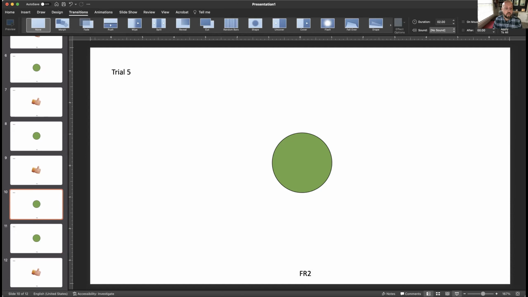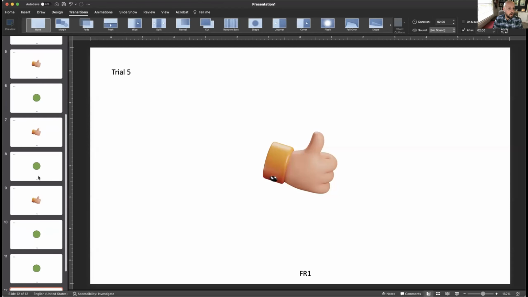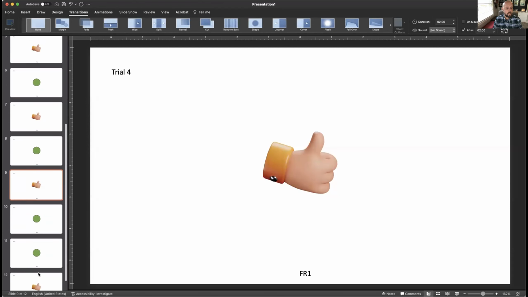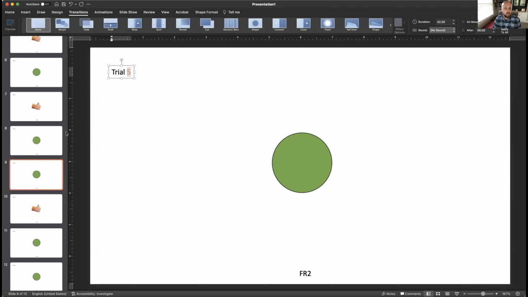So let's start here. I'm going to start on that fifth trial. Now it should take 2 clicks. Let's see, I'm clicking off and nothing is happening. I click once and I click again, and it is truly required 2 responses. So all I would do if I want to make this an FR2 schedule, in fact, it might be easier to just paste these, is I'm going to add this and change this to be trial 4, change this to be FR2,